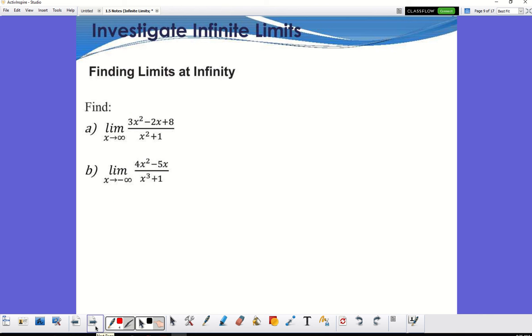All right, how about this one right here? Infinity and beyond. All right, so I like to cheat on this. I always do. Especially in the idea of infinity. So we're having a foot race to infinity. Okay? A foot race to infinity. So I'm always going to just look at this piece right here. The leading coefficients. The top is going 3 times infinity squared. The bottom is just going infinity squared.